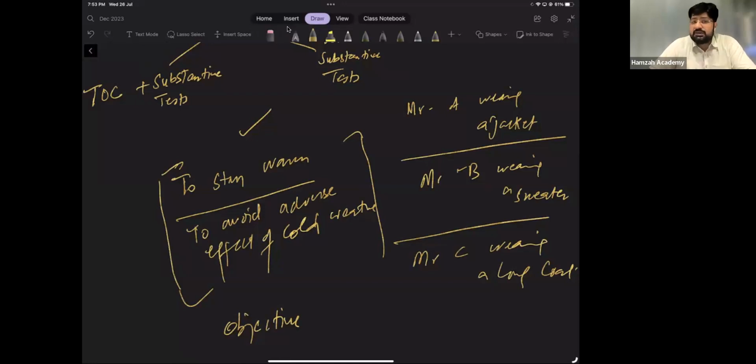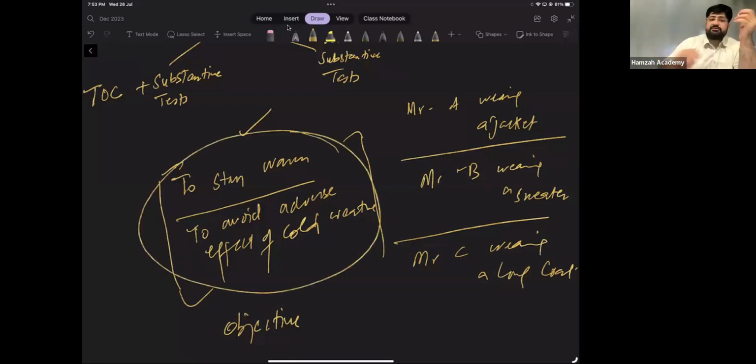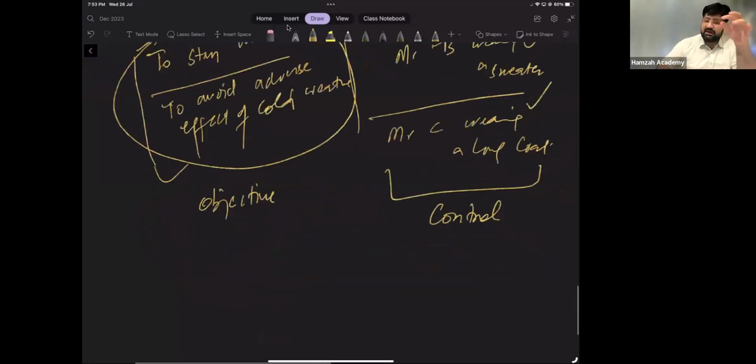All of them are using different ways to achieve the same objective, and all three are valid. The objective is the same. The control implemented is different. The control implemented is different. The objective is the same. So similarly,